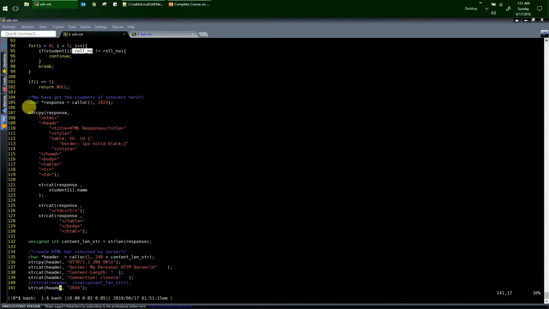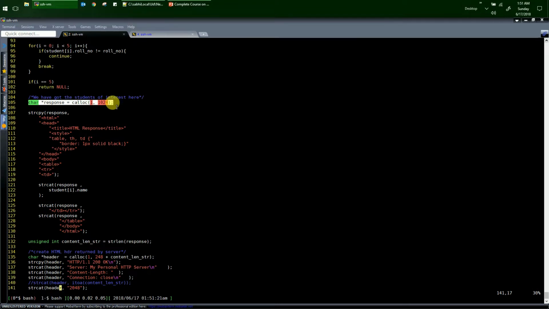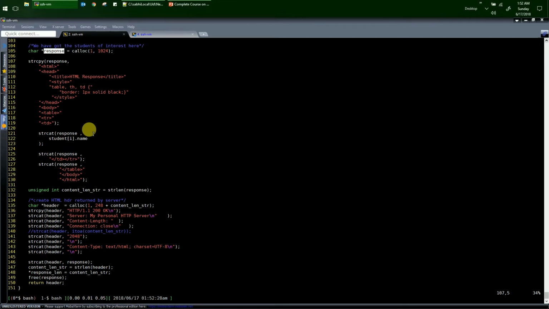Now the server has to prepare a response and send it back to the client, right? To send back the response we need a buffer which will store the response message. You can see in the next line we are again using many string handling functions, like strcpy, and in this strcpy function, to the response buffer we are simply copying the HTML code. This HTML code creates a table which has one column and one row, and inside that cell we fill in the student name which matched the roll number,